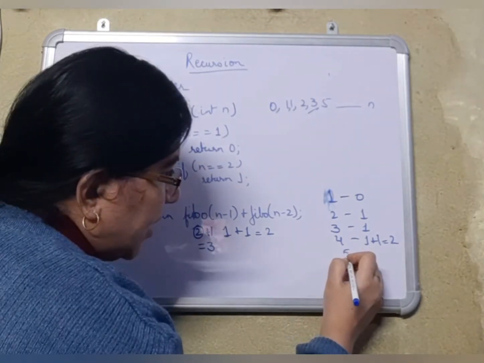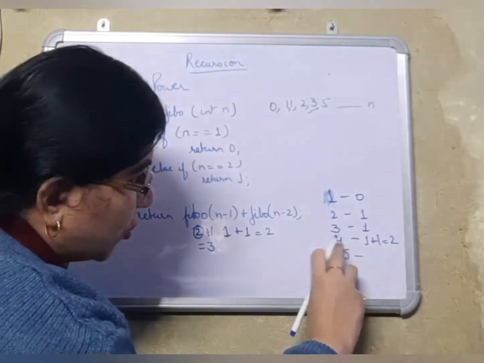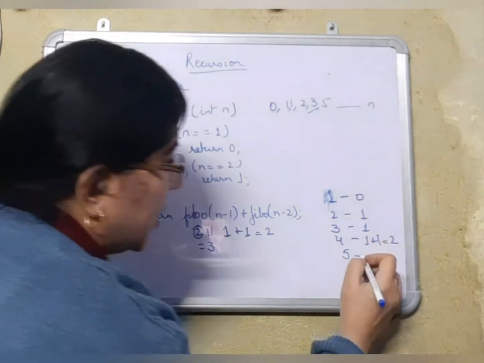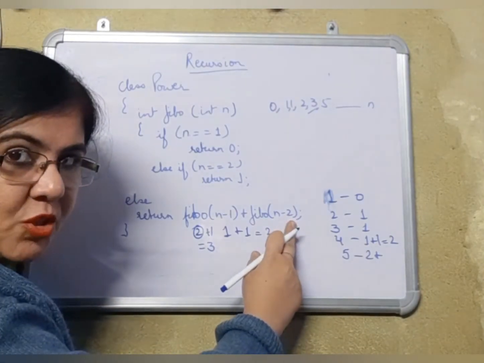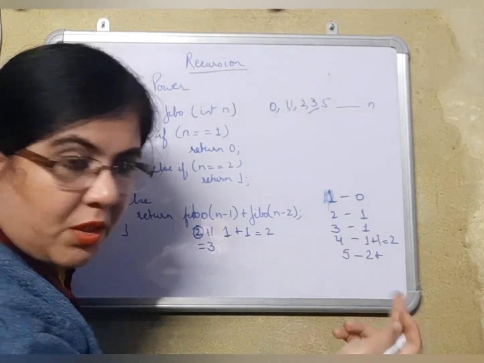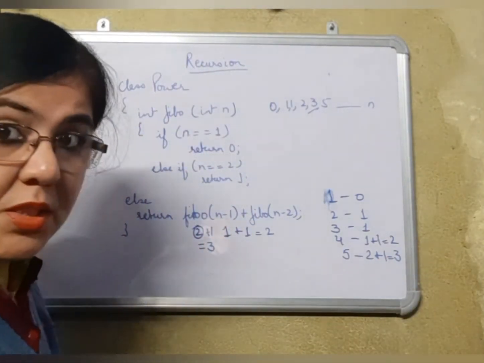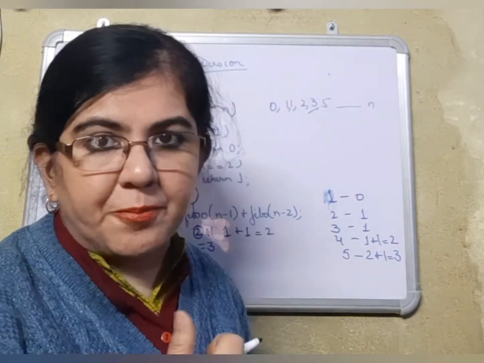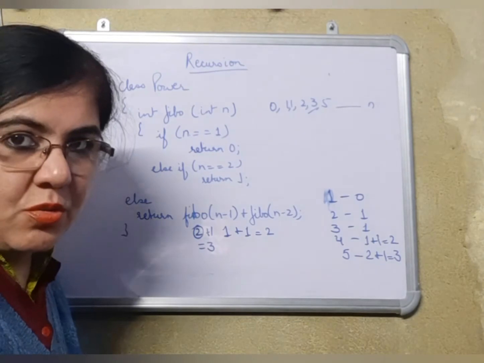But when you were sending here 5, 5 minus 1 is giving you 4. For 4 you already know what is the answer. You will write over here. Then 5 minus 2 will give you how much? 3. For 3 you already know what is the answer over here? 1. So you will write here 1 and you will get the 5th term of your Fibonacci. This way you can work out very quickly. And sometimes you can get outputs on this also.